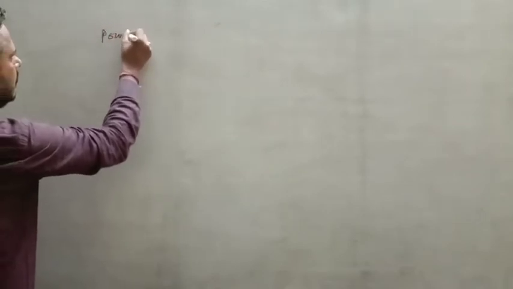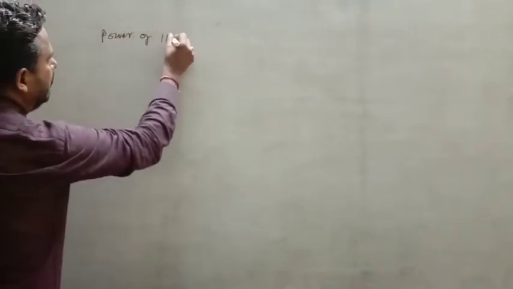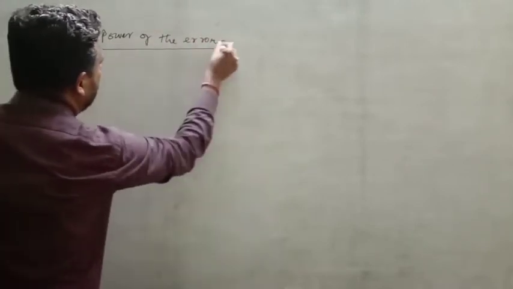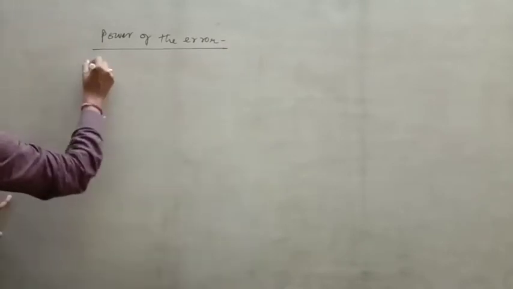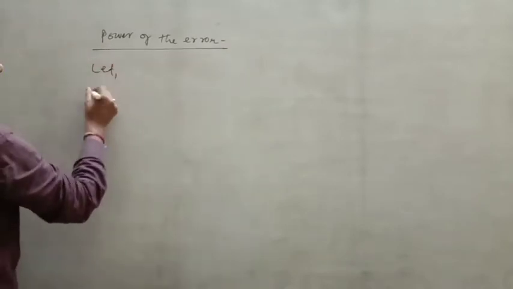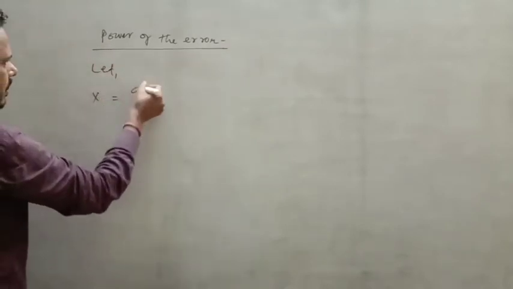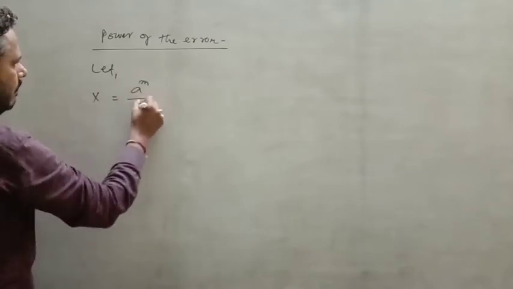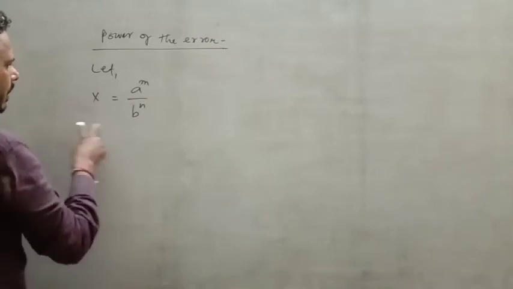Now today we will study about powers of the error. Alright. So accordingly, just see the power of the error. Suppose that x is equal to a quantity A over a second quantity B, having powers m and n. Now from here you just take